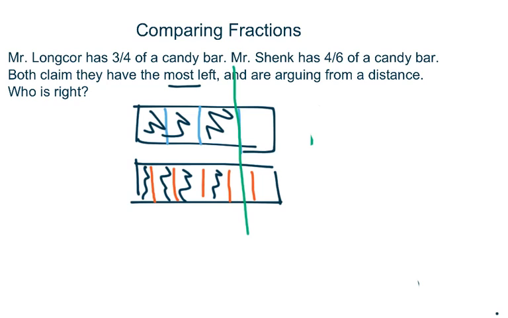Now let's suppose that instead of saying who has the most left, they want to know, who has the least amount left. So if we're doing like that, scratch that off. Who has the least amount left? We're still counting the shaded portions. But now, we're not looking on this side of the line. Now we're looking over here. Who has the least amount left? Oh, well, look, Ms. Locker's got only one little bit there, so